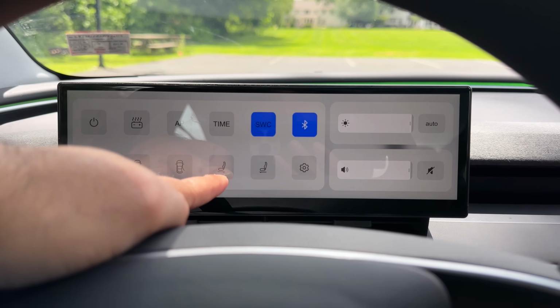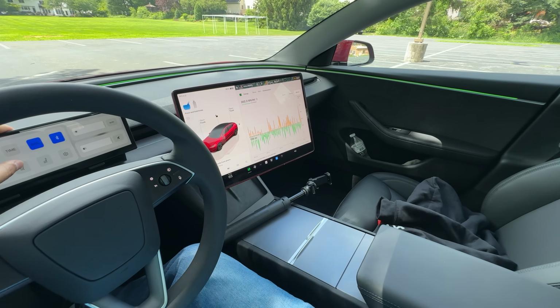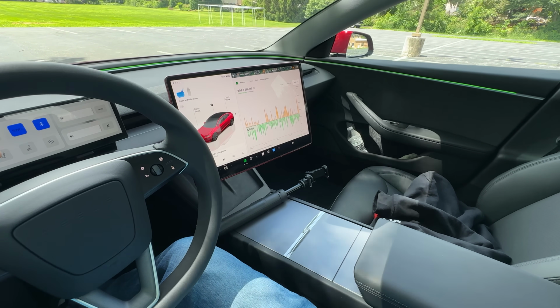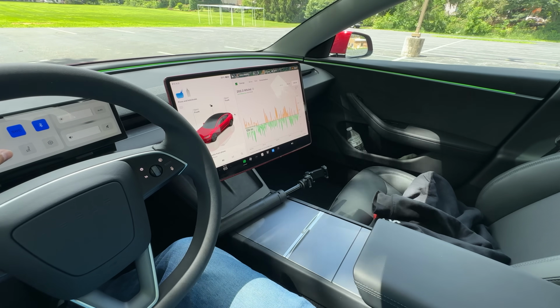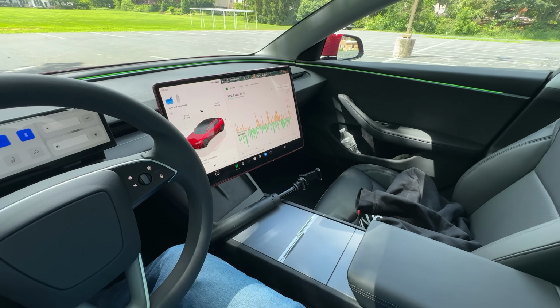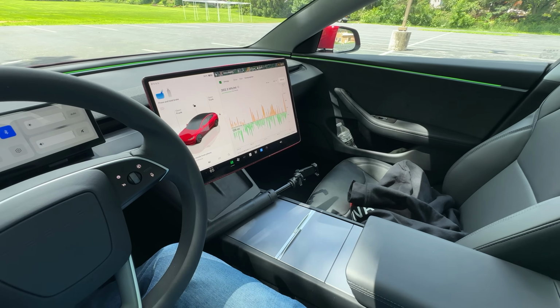And then you can toggle the seat here. Let's try that seat adjustment. So this one pushes it forward. I think they got it reversed here. So basically, if I press this, look at that, that goes forward a little bit, and it reclines forward too. So it goes forward and reclines it, and then this goes